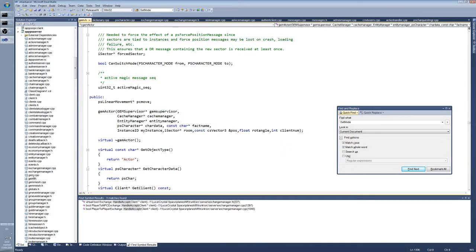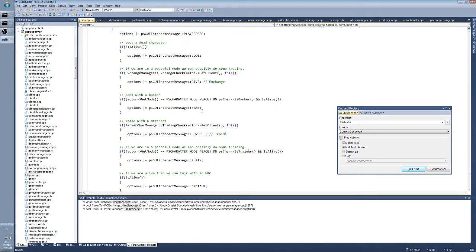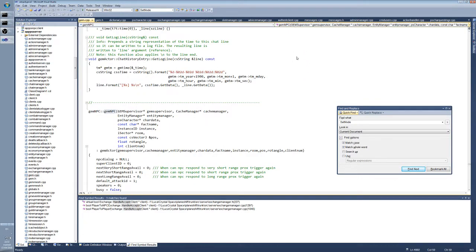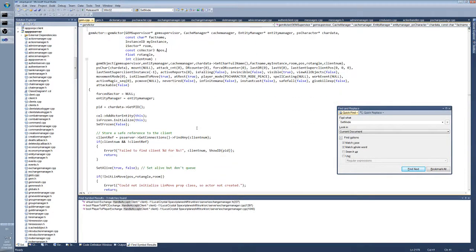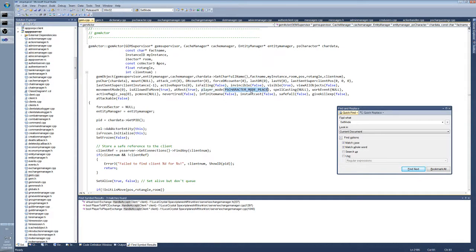Come on. It's not hard. Gem NPC. No, not gem NPC. I want gem actor. Gem actor. Yes, exactly. So player mode, PS character mode piece. Probably we are not doing this. So we are not initializing this variable to anything, right? And since we are not initializing it to anything, I think it is considered invalid. So okay. So when do we want to do it? We want to do it in our